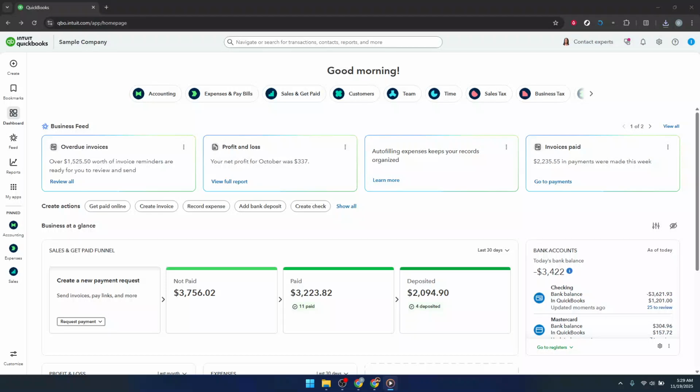In today's video, I'm going to teach you how to navigate QuickBooks Online Accountant. By the end of this walkthrough, you'll feel much more comfortable finding your way around the main areas you'll use every day. Let's start with the left side navigation bar, because this is really your main control center in QuickBooks